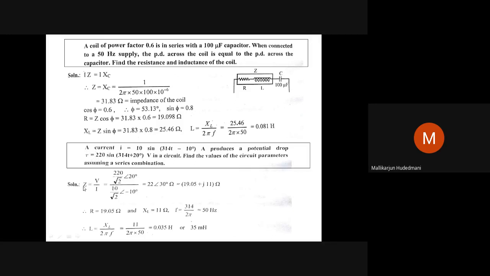So when I want to calculate the impedance, either I can work with the ratio of RMS or the ratio of instantaneous. So I am working with the ratio of RMS here. 220 divided by root 2. What is the angle associated with this voltage? Plus 20, angle 20. And for the current, 10 divided by root 2, angle, lagging angle, minus 10. So this is called polar division, division of complex quantities in polar notation. So you must work this carefully in the calculator.